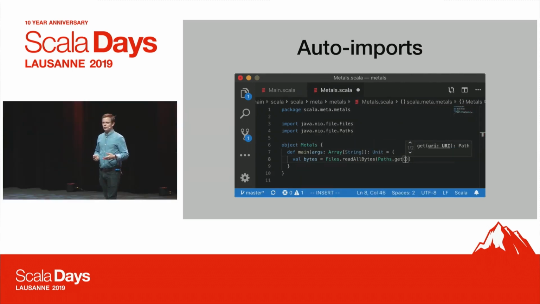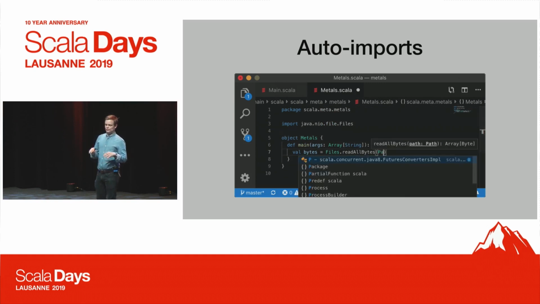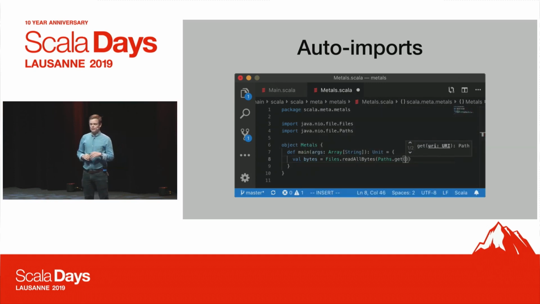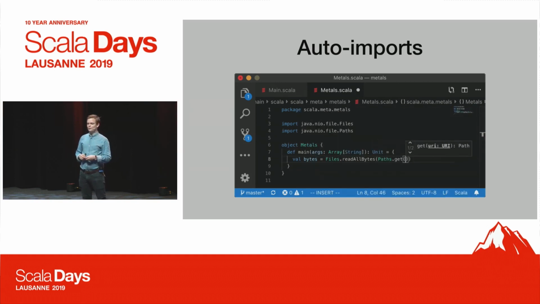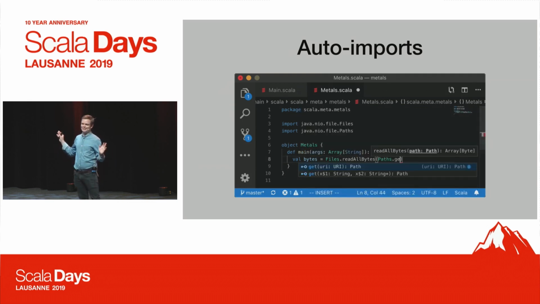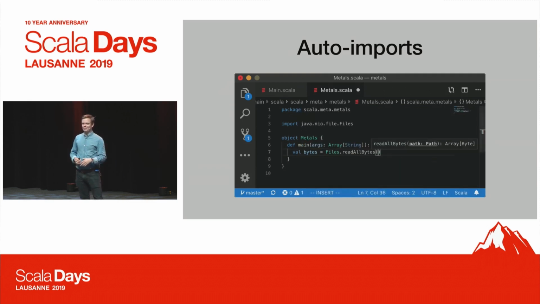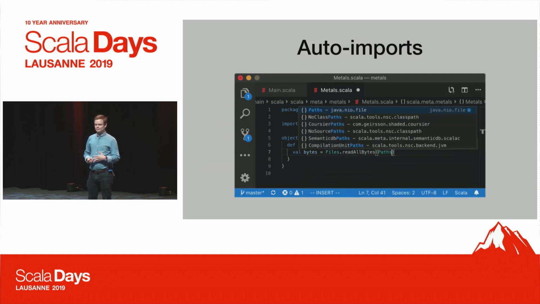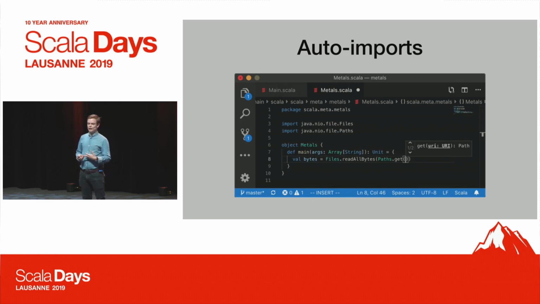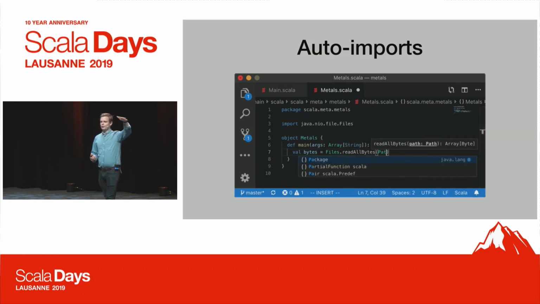The next one, which is a very important feature as well, and it's really saving you a lot of keystrokes, is you say, oh, I need to access that API paths. And as you can observe, we insert an import at the top. So if you come from IntelliJ, you take this for granted. It just works perfectly. But this is not part of the presentation compiler, so we had to implement that ourselves. And the way we insert the imports is nowhere near as sophisticated as IntelliJ does it. We just take that symbol and we import it at the bottom of the global import list.